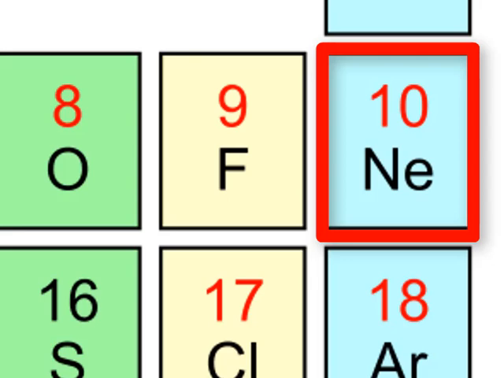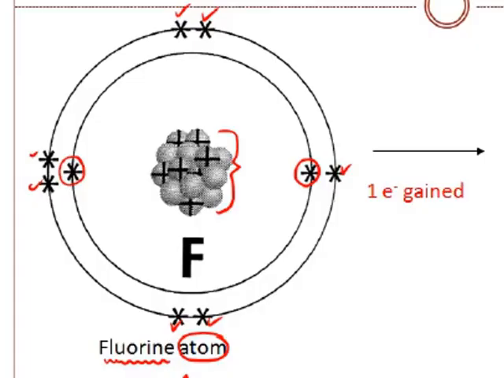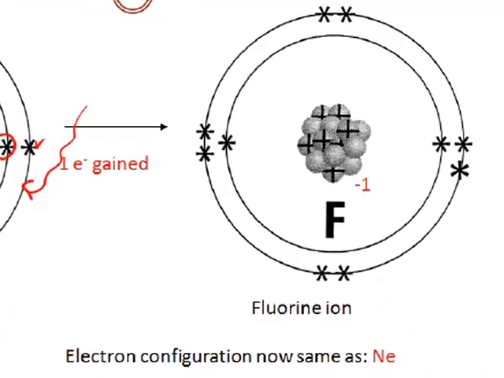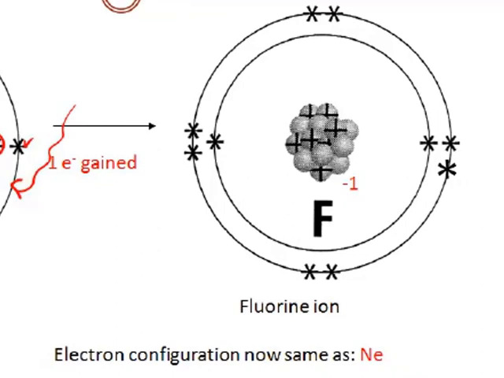It has 8 valence electrons, not 7 like fluorine. So for fluorine to become stable like a noble gas, it needs to gain another electron, in which case it would have a neon electron configuration, and that is what often happens to fluorine, and in so doing it